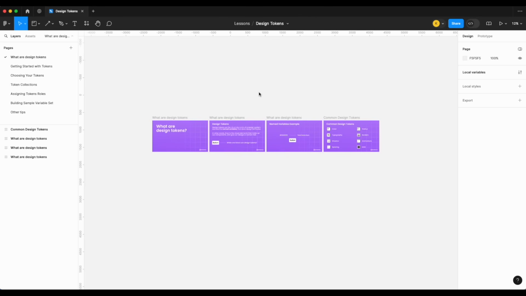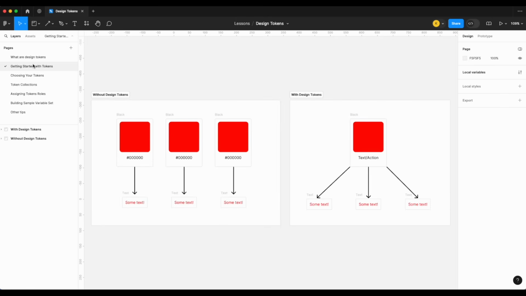All right, welcome to today's lesson on design tokens. For those just getting started, we're going to cover some of the basics and also some of the more advanced concepts. So we're going to start off with some quick definitions around design tokens before looking at getting started with